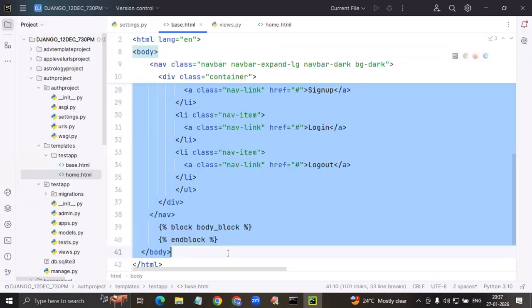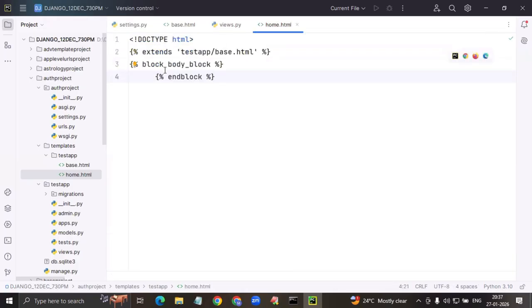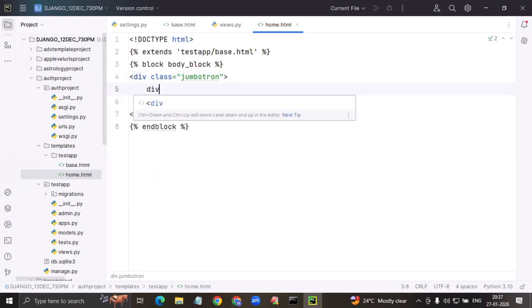In base, what is the block, and you're going to copy this. Only this block you can implement. That is template inheritance. Inside first division tag, I have to take class Jumbotron. Div tag